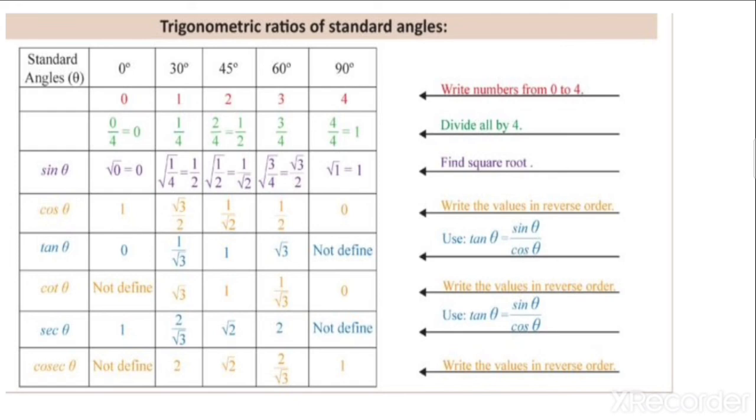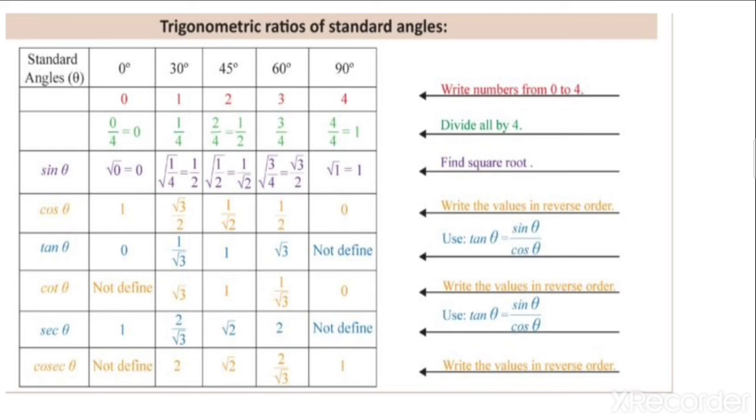Sine 60 is root 3 by 2. So reverse will be cosec 60, that is 2 by root 3. Sine 90 is 1. So reverse, cosec, again 1, because 1 by 1 is equal to 1. It's the same. Understood? So the first three values you are in a position to find out and mention. The other three are just the reverse. You just have to remember that sine's opposite is cosec. So whatever the sine values are, just do the reciprocal of that and write it down.